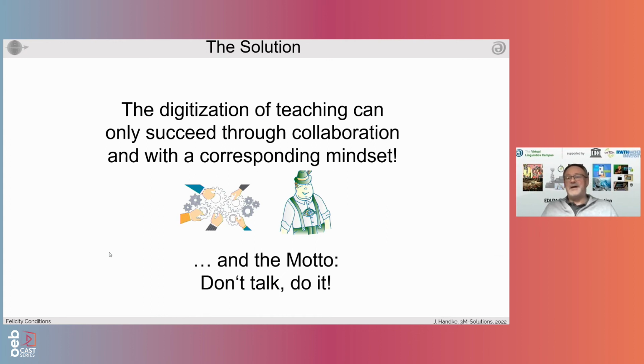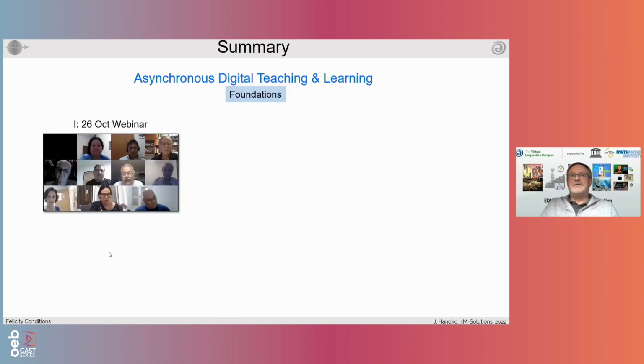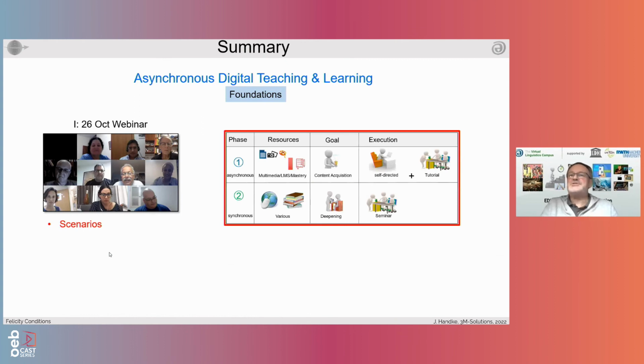That's my motto, and that almost finishes my talk, but let me now give an outlook to the two phases that are coming after this presentation. Now, this is what we did today. We talked about the foundations. We should now be in a position to understand the main scenarios and the scenario which I think is the most suitable one for teaching and learning, and for teaching and learning knowledge, basic knowledge of a subject in the 21st century. You still have other classes where you enter into discourse, so very much discourse-related